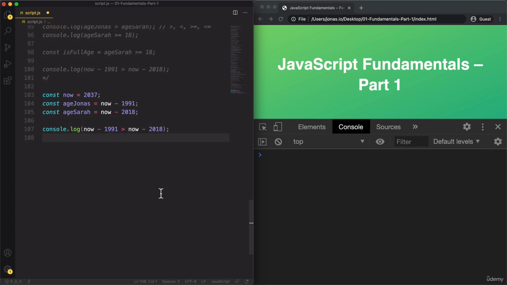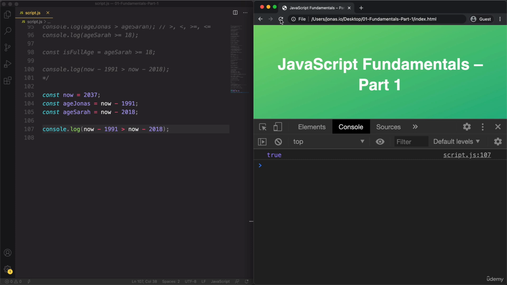So the question that I asked by the end of the last video was why these two subtractions here, so this one and this one, are executed before this comparison operator. So basically the question is, why does this work? Okay, because we see that it does actually work. So this number here is clearly going to be higher than this one. Well, it works this way because